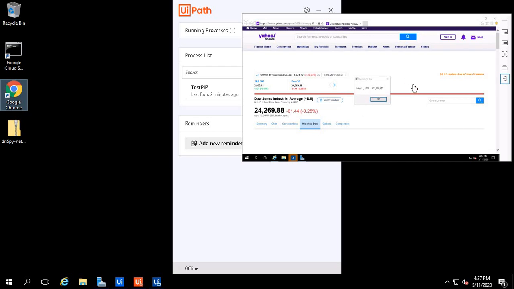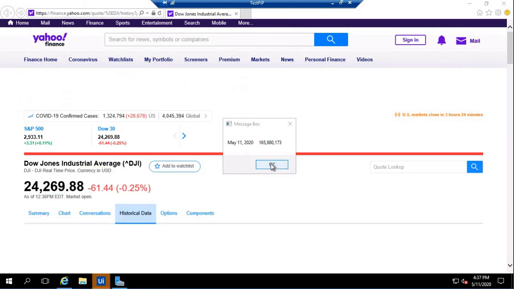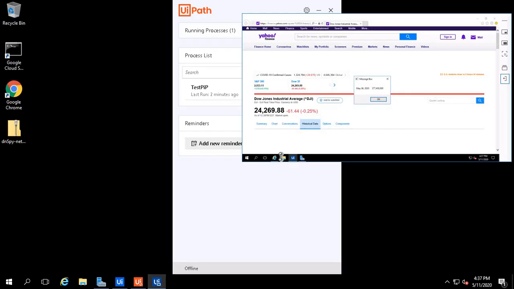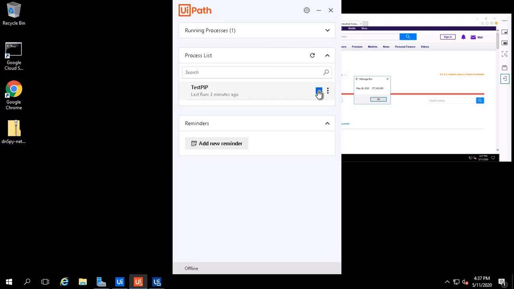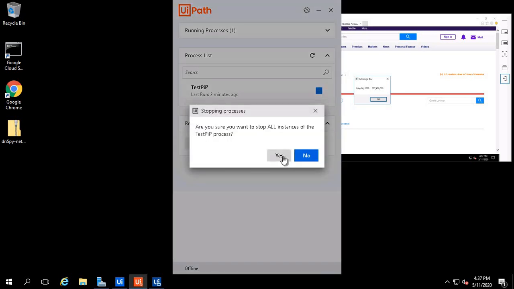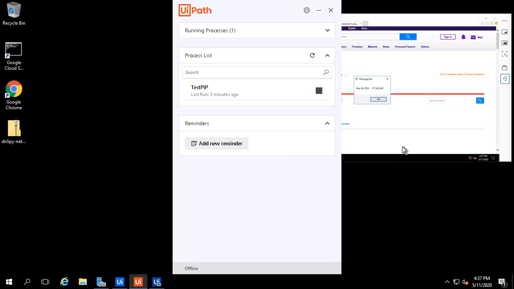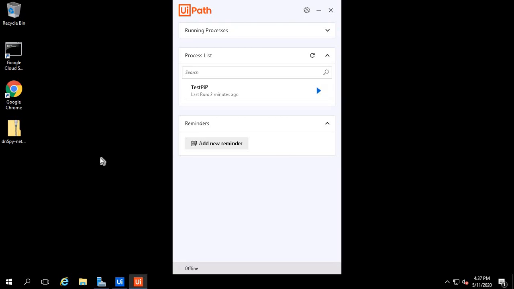Also one more thing I will tell you, suppose you want to get input from the user, you can get it in the process, so you will be able to interact with this PIP window as well. So let me make it full screen. Then if I click on this pop-up, you can see I am able to click on this pop-up. So you can interact with this PIP window also. So we are able to work parallelly on this machine, in this PIP and this PC also.